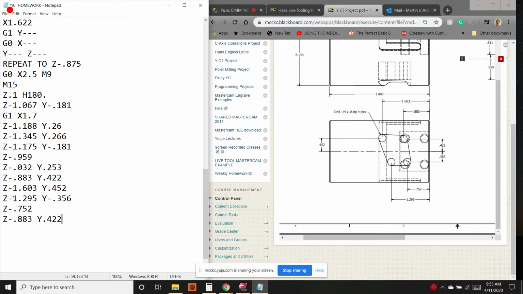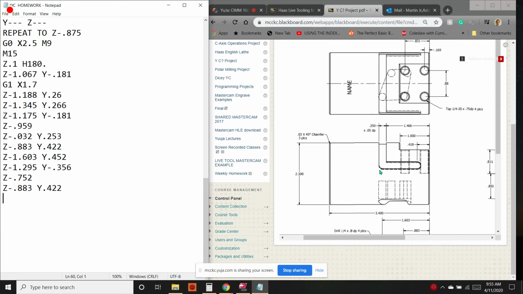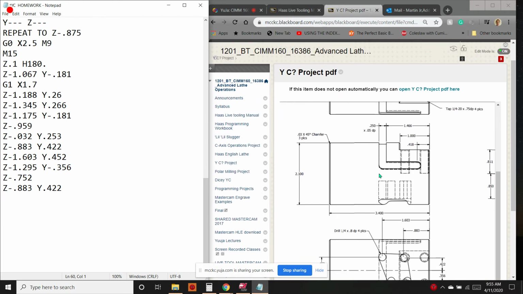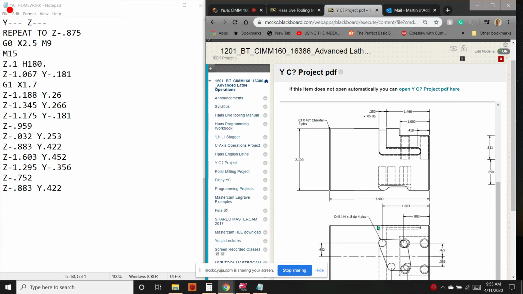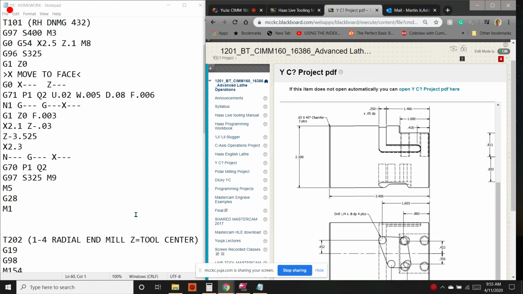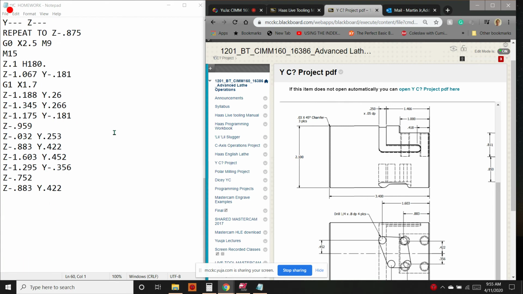All right, so your job for homework will be to take the tool home and reset it. Because we're done. No, we're not. We're not done yet because we still have to do this feature. I think we'll pick that up next week. And what we'll do is we'll finish this part. So try to fill in all the blanks for this program, and